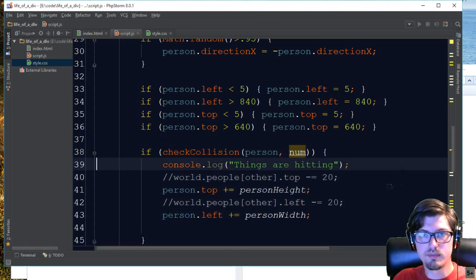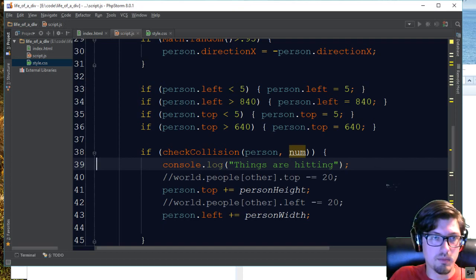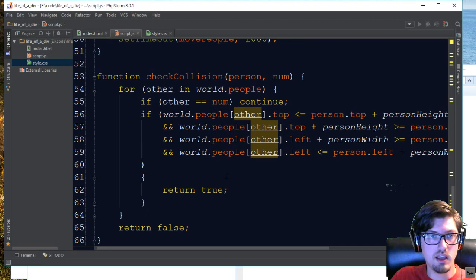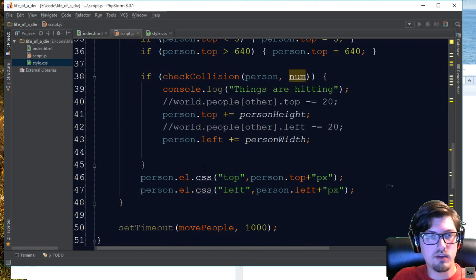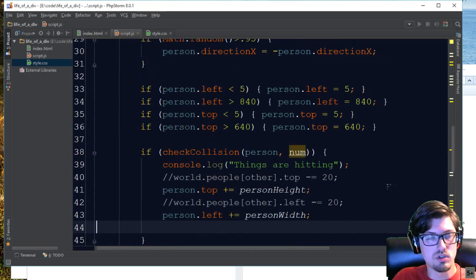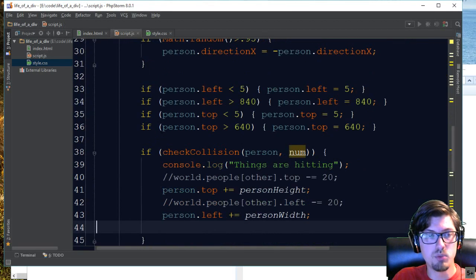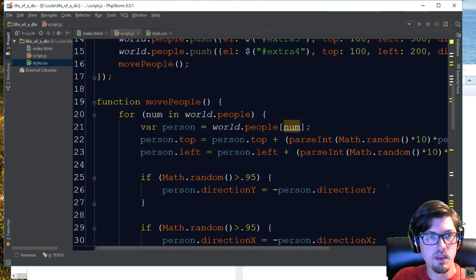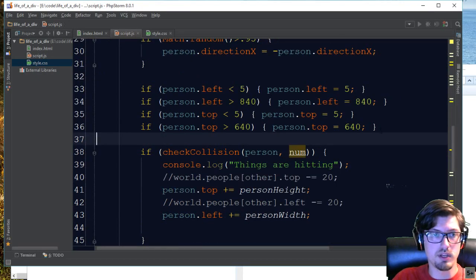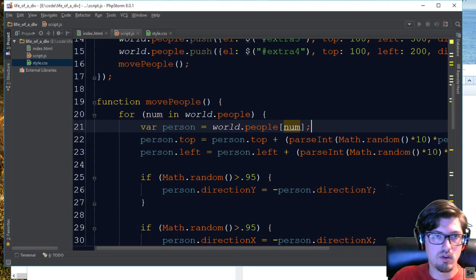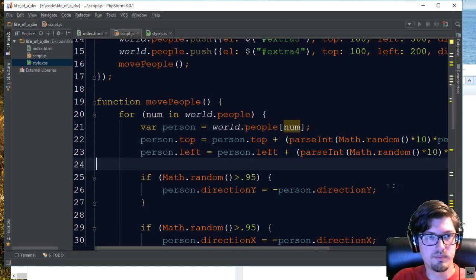So if check collision, then move it. So what's happening here is we're now checking our collision to see if there was an interaction, and if there was, then we'll move it. And what this allows us to do is also check if where we're going to move is going to collide, so that we don't do it. So what we can do is, before moving,